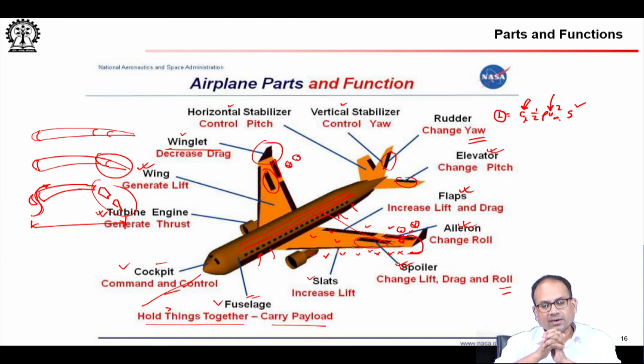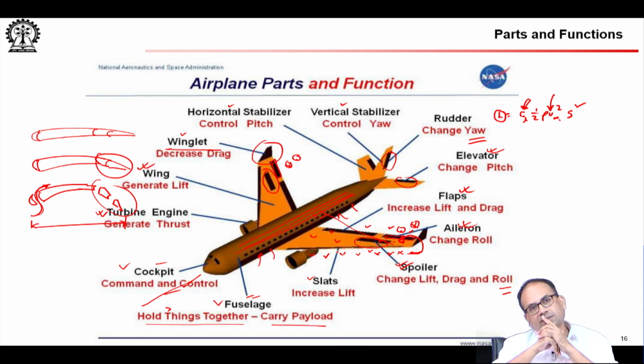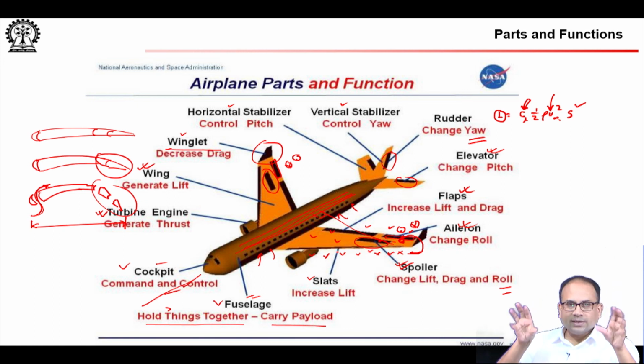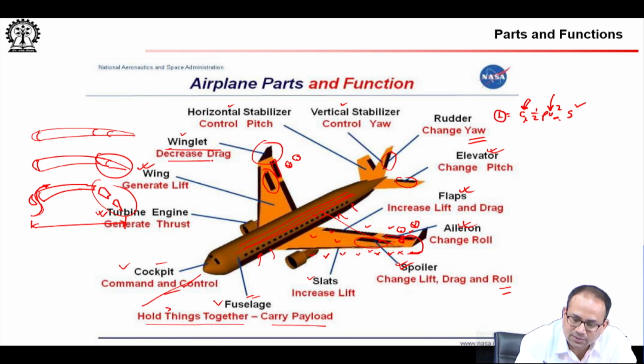Of course, it is simpler said than done, but nonetheless it has been seen that including a winglet like that leads to better performance in terms of rolling up the tip vortices, and we will see that these tip vortices have an influence on something called downwash. Downwash has some influence on the induced drag, and if you can somehow decrease the tip vortices, you will decrease the downwash, hence decrease the induced drag. So, that is why it is said that winglets decrease drag.